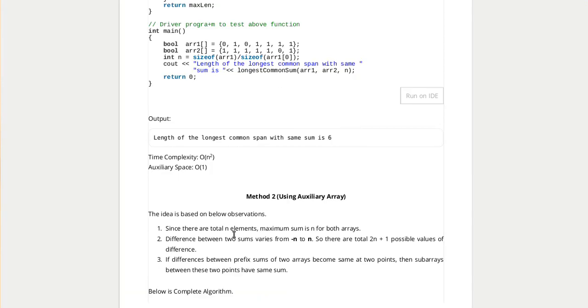First of all, for the second method, let us go through some observations first, and then we'll look into the algorithm. There are a total of n elements in both the binary arrays.